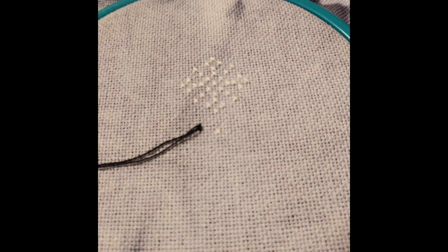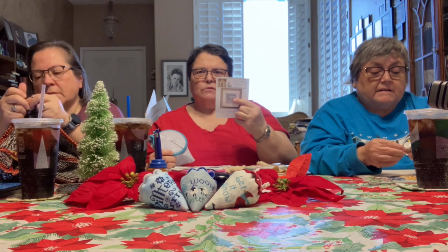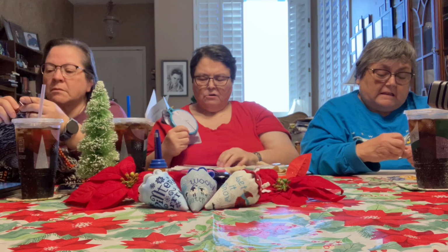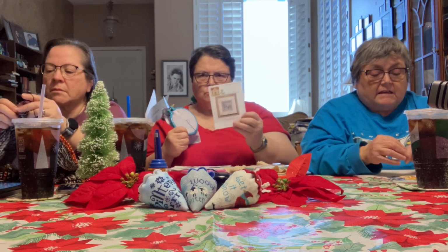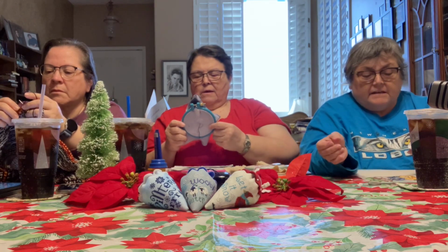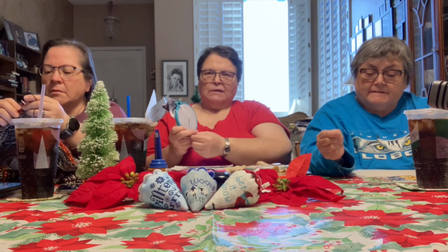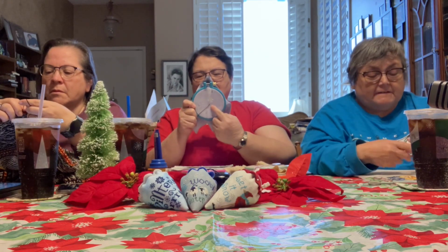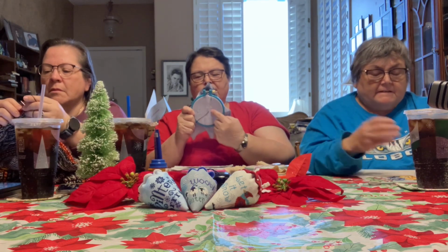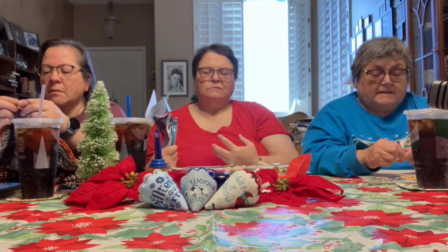On the design, they used a button for the middle snowflake that I started with. But I just went ahead and stitched from the pattern. They had it on the pattern. The interesting thing about this is I have this little black thread just to mark the center. So I started down here, there's just a little white dot and then the snowflake. So I was doing part of the snowflake, and then at some point,